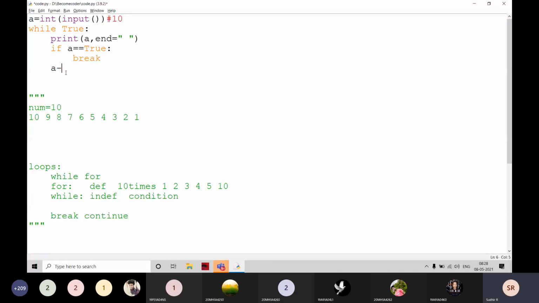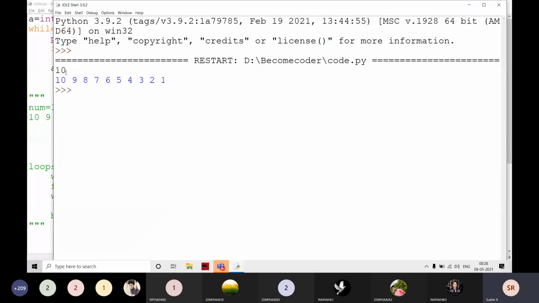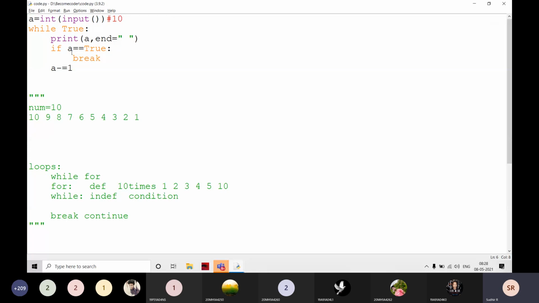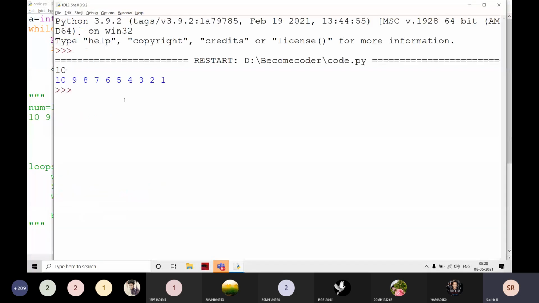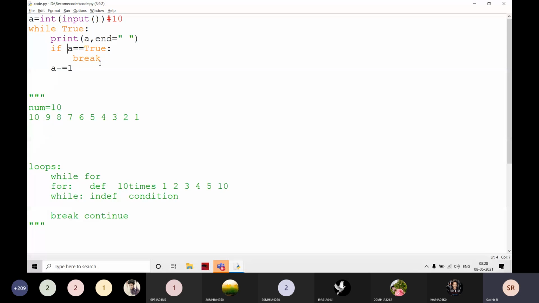Then a minus equals 1. What is the a value here? Okay, a value is 1. Yes. Understand it.